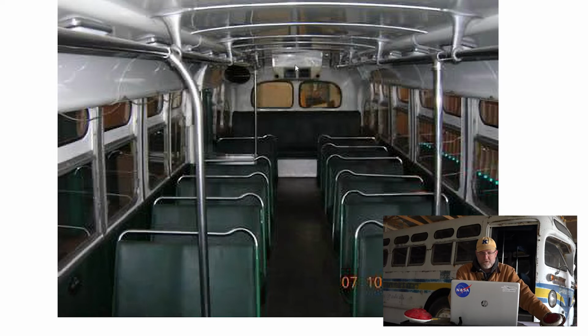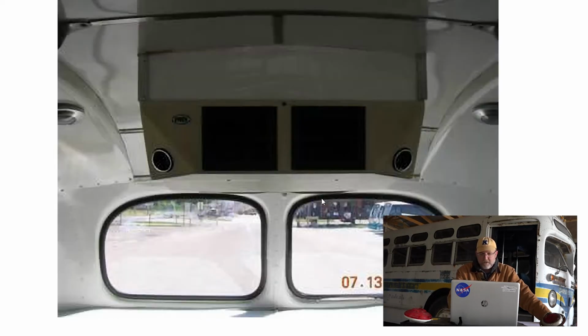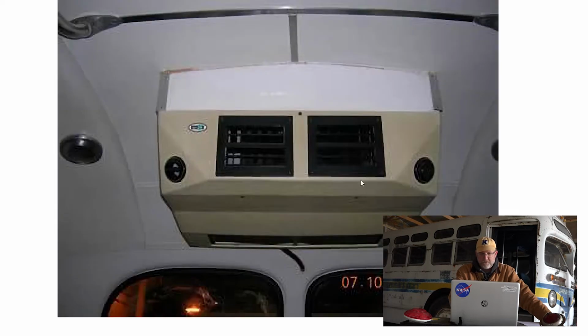This must be the air conditioner that they're talking about in the back. Again, looks to be very nice. So here's that air conditioner. I think the next picture, there we go. So here's the air conditioner that they've installed on the overhead